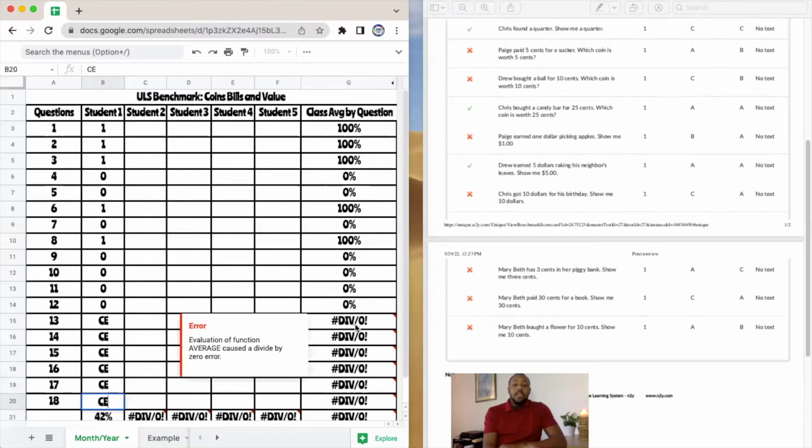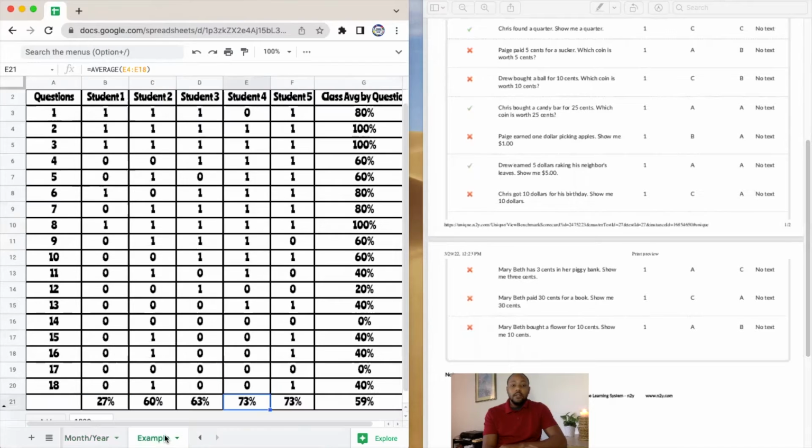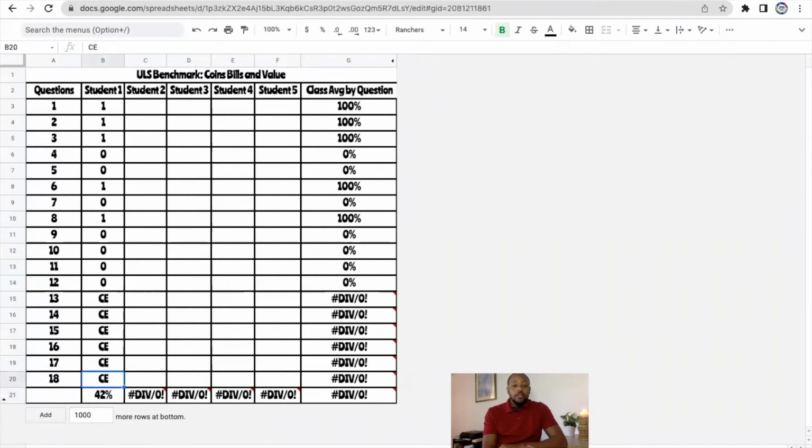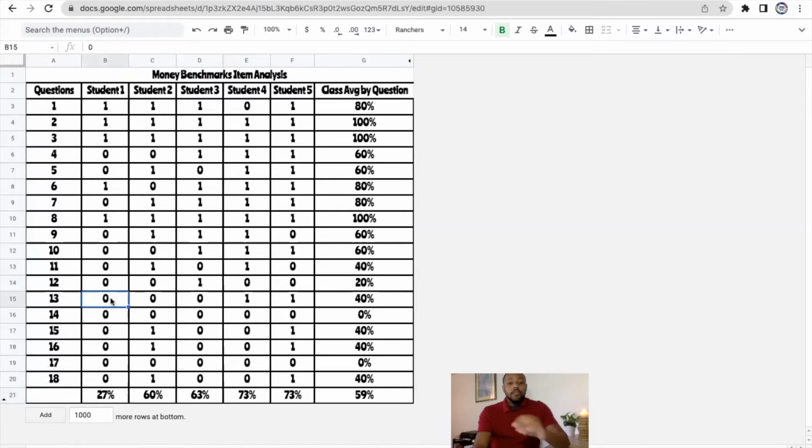Okay. And then what we want to do is we're going to fill in all this information for the other students. So that's already been done. So now we can get into analyzing our data and looking at what exactly we need to be doing with this student. So if they got consecutive errors, of course, we'll put the CE there for consecutive errors. So we know that this student earned